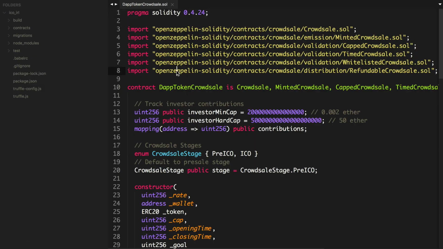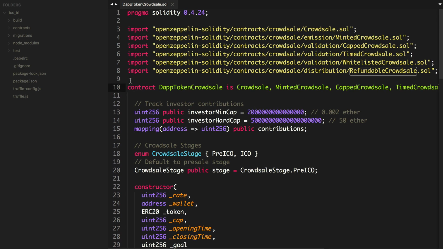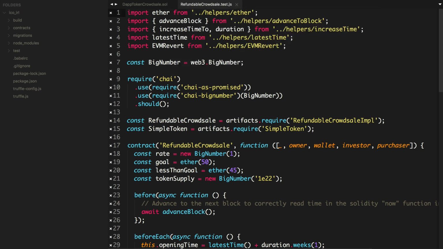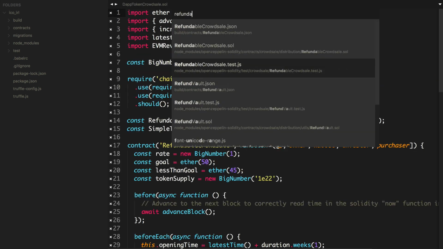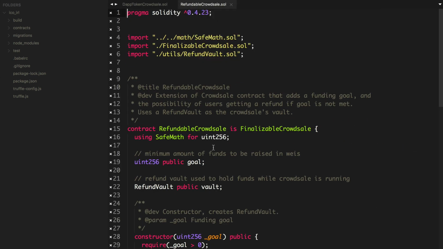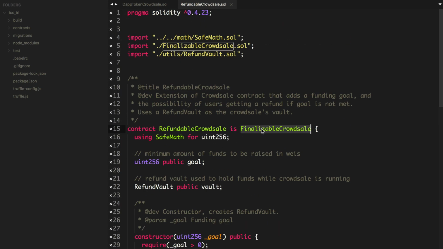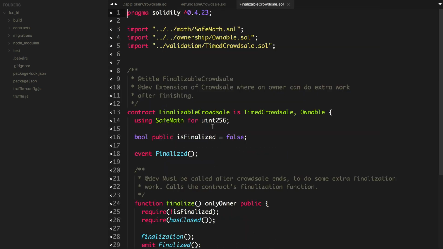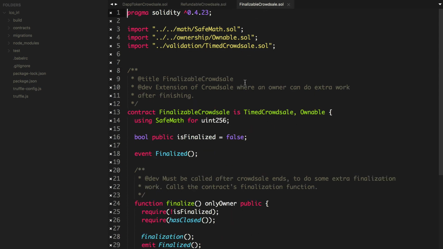So let's take a look at the crowd sale we've been developing. And remember, this is a refundable crowd sale, so we'll use that as a point of reference. Let's open the refundable crowd sale Solidity file. And this is a finalizable crowd sale, so we'll open that file too. Whenever we have this finalizable crowd sale, which is what we're getting with a refundable crowd sale and a finalizable crowd sale,